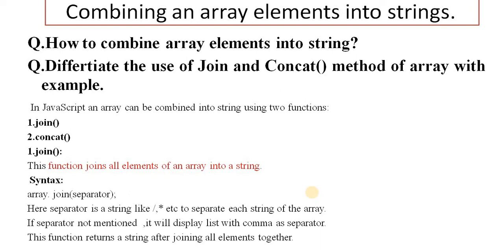The join and concat methods both do practically the same thing, meaning that they concatenate copies of the values of the array elements. There is one difference: the concat method separates each value with a comma, while the join method also uses a comma by default, but you can specify a character other than a comma to separate the values. Here that is the separator. You can add a separator to separate the strings or values of an array.